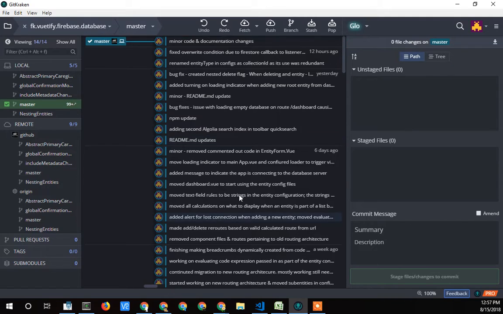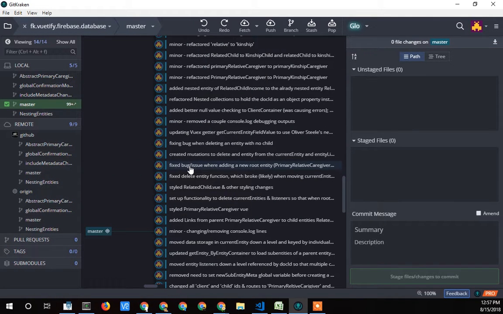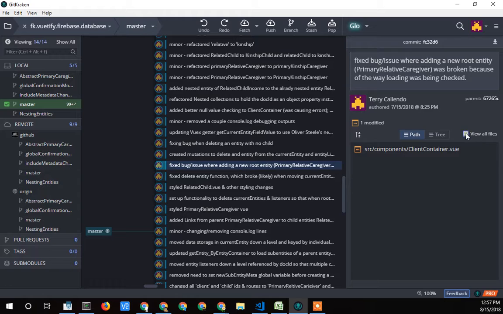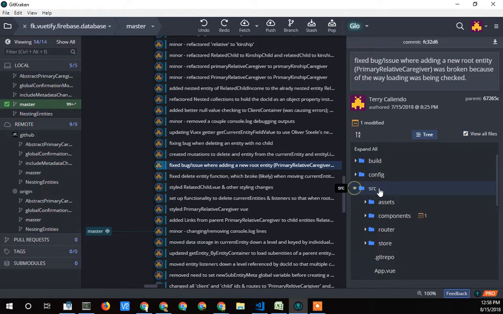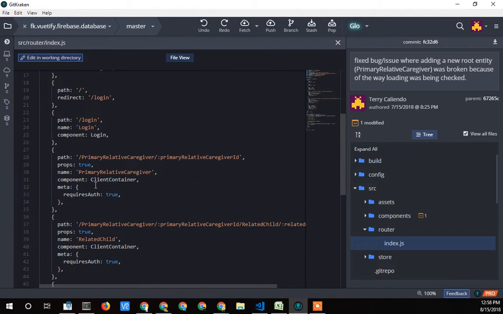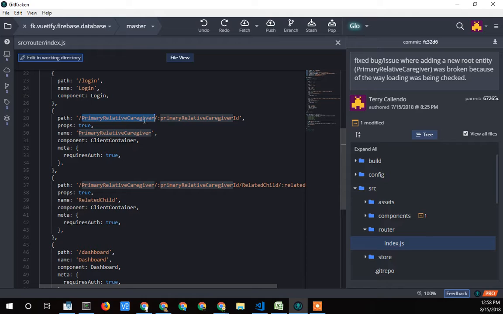If I go back somewhere here and view all the files and look at the source and my router file, here's where I had to have a path with the entity ID, or the collection ID that I used in Firestore, as a variable. This colon here means it's a variable,